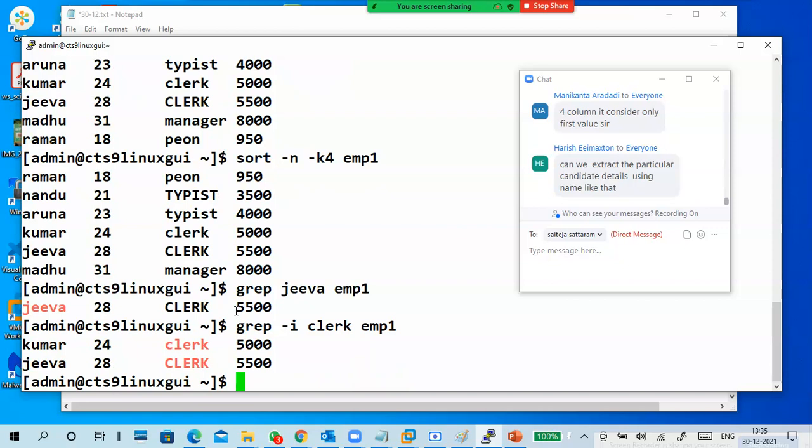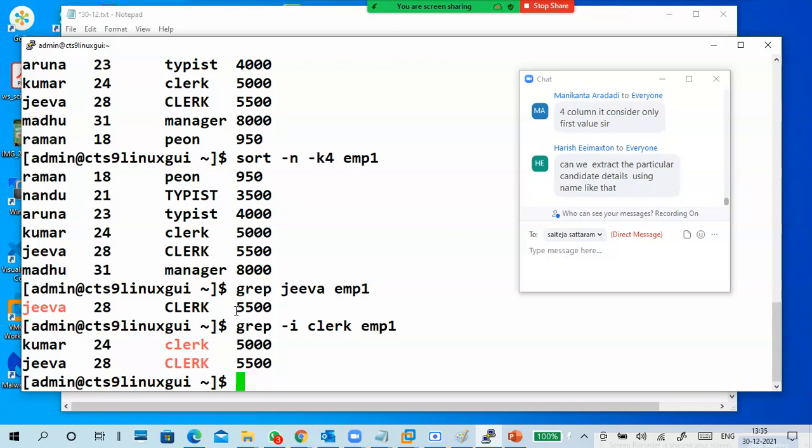Okay, two clerks are there. Don't ask, "Sir, can we do greater than 5000 like SQL?" I have never done that. Okay, so we can practice grep with this one also.